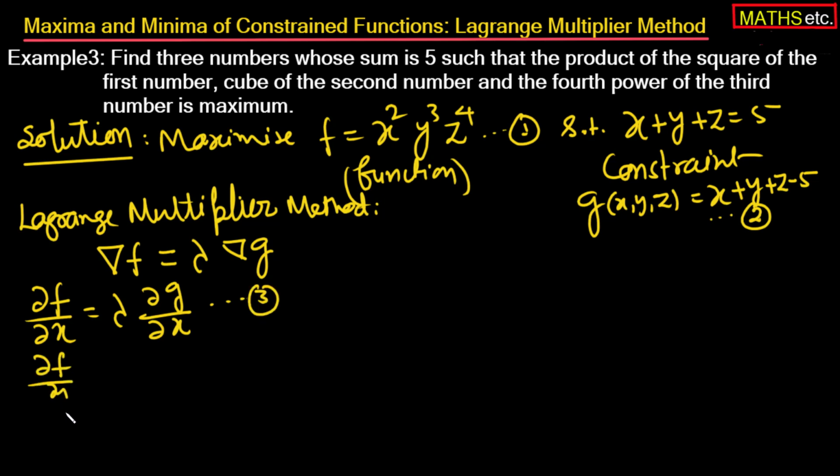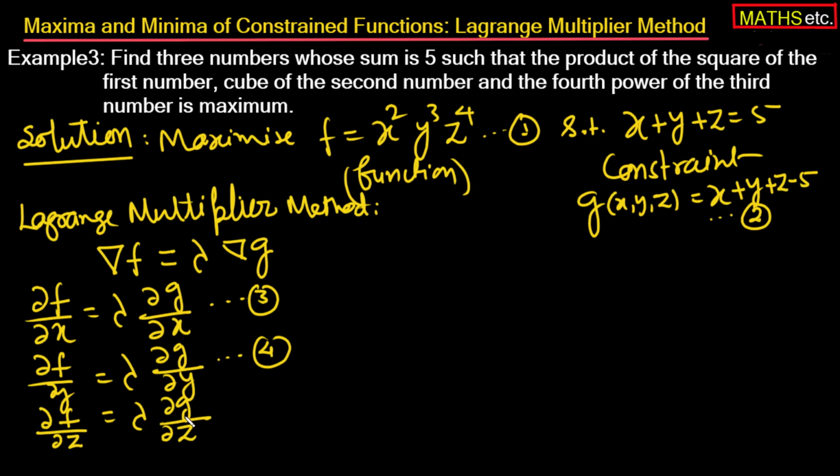The partial derivative of f with respect to y equals lambda times the partial derivative of g with respect to y, and the partial derivative of f with respect to z is equal to lambda times the partial derivative of g with respect to z. So equation number 5,